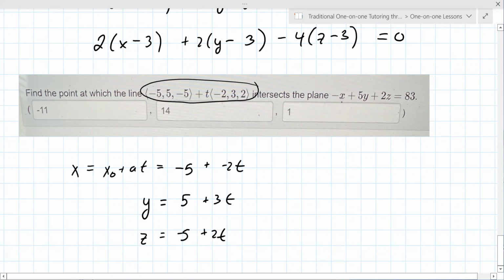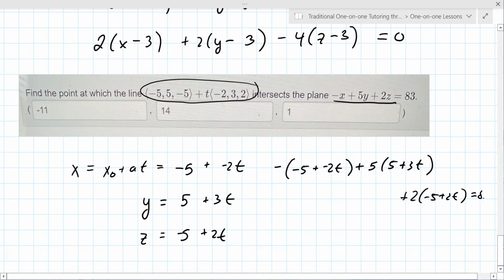Now in this equation over here to the right, it's got x, y, and z. So we're going to substitute in our parametric form for this. And the nice thing is that we're only going to have one variable when we're done. So each of these three go in for x, y, and z. So that's 5 plus 2t plus 25 plus 15t minus 10